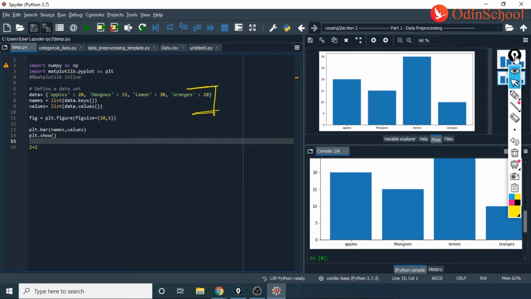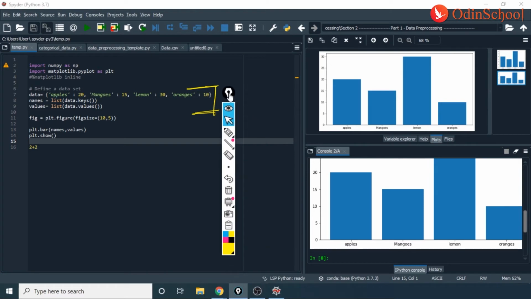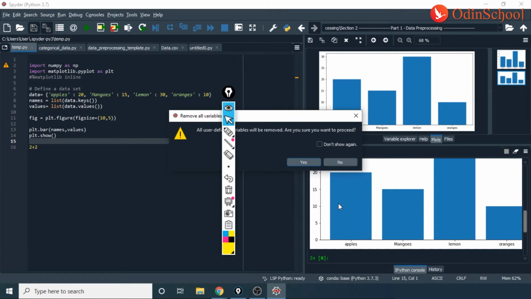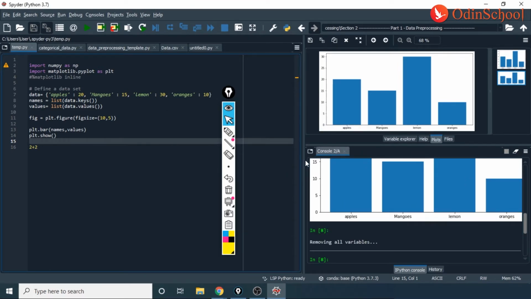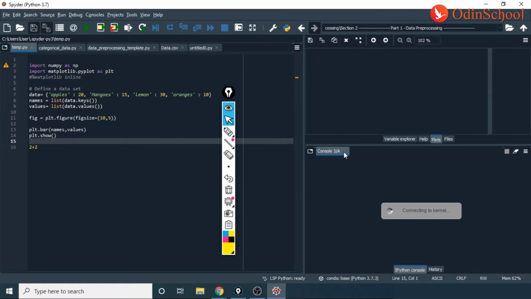So now what we'll do is let us just clean all the information, and we'll see how to clean information. So this has cleaned all my marks. This here, as you're able to see, is an eraser. So I'll be clicking on this, and now it will remove all the variables that we have accumulated. And if you do not even want to see this, you can click on this and create a new kernel, right? So plots is done.